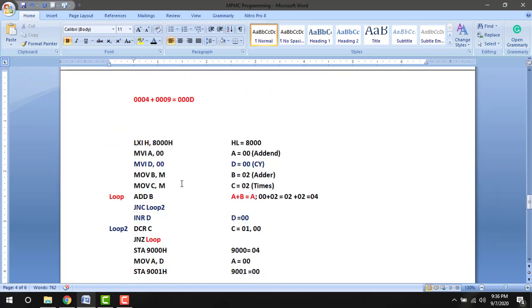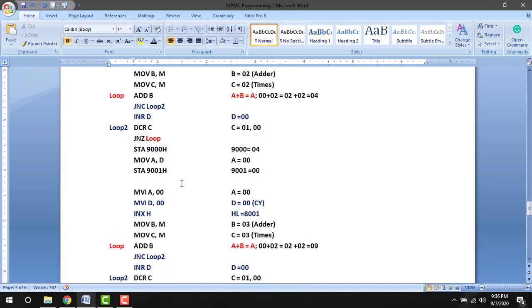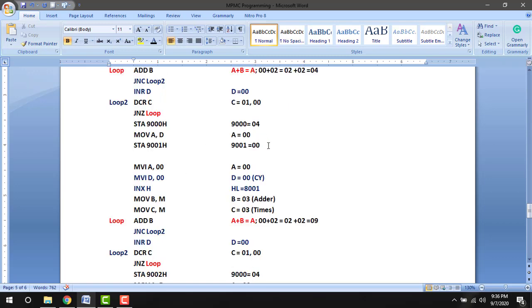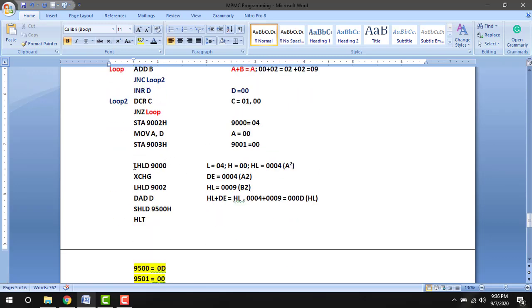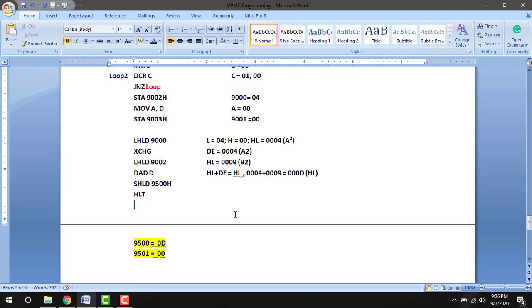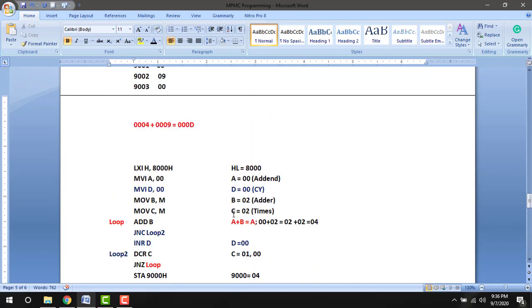So already we discussed square of a number or multiplication program in the previous section. Here 2 times we get the number and we make the square, and after that we get the two 16-bit numbers and add using the 16-bit operation DAD D. So this is a program for A square plus B square. So this question can be asked as a 16-mark question in the semesters. So A square plus B square, AB plus BC, these kind of programs can be asked as 16 marks.